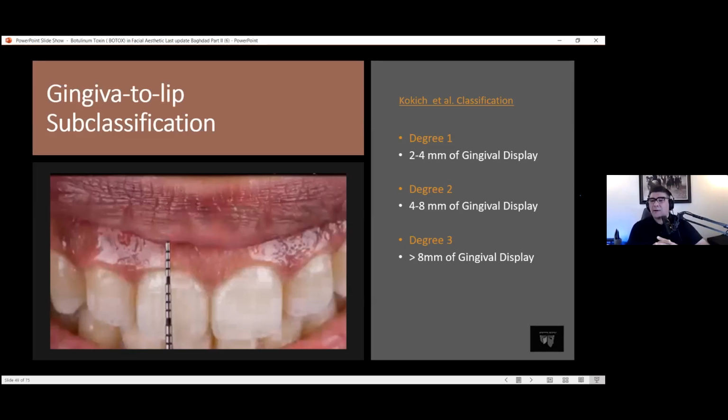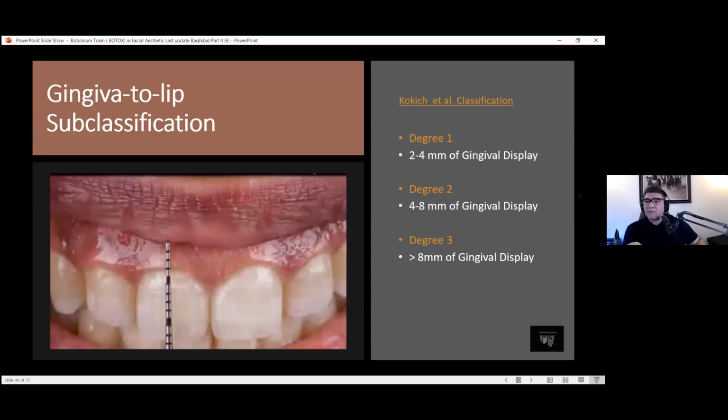And there are many lectures showing the treatment with botulinum and gingivectomy for 8 millimeters, for example. But you're going to discuss with your patient that the expectation of your treatment is not like 100%. I can reduce to 2 to 4. I can get a very nice result and a satisfied patient. I make my patient satisfied with degree 1, degree 2, but with degree 3, 8 millimeters,